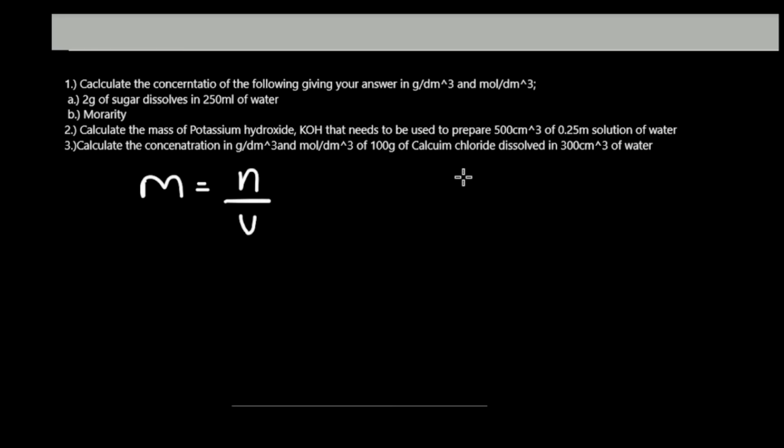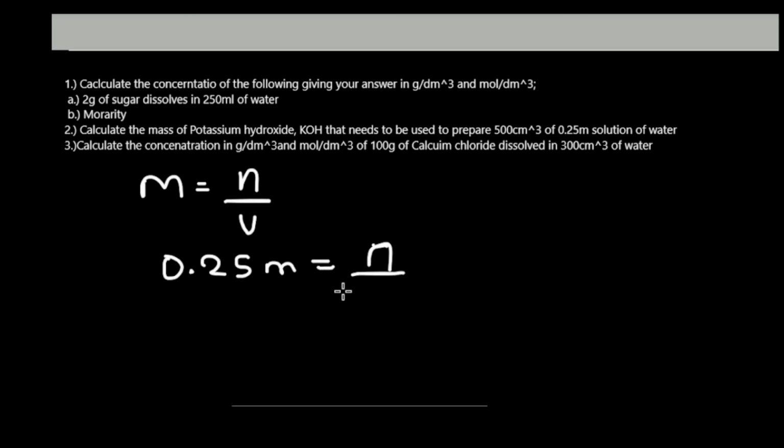So number of moles is equal to our molarity. Our molarity is 0.25 M. And what is our number of moles? We do not have it. So for this question, we are required to calculate our number of moles